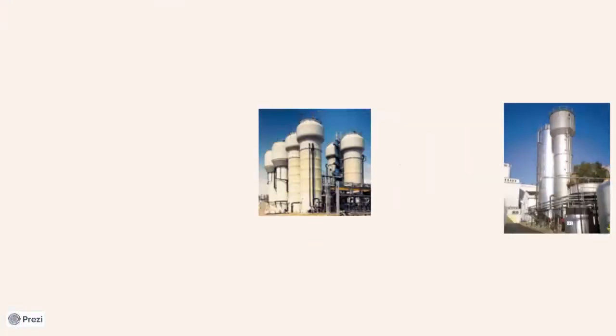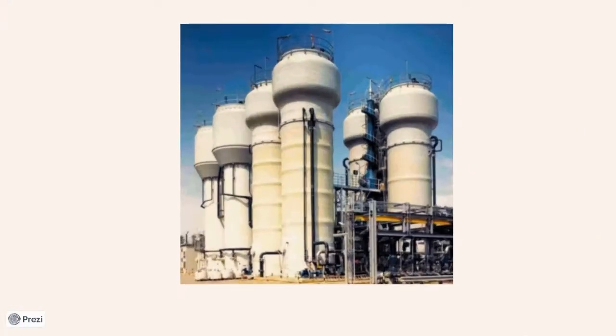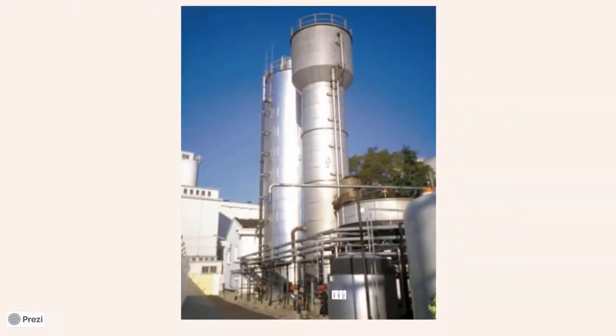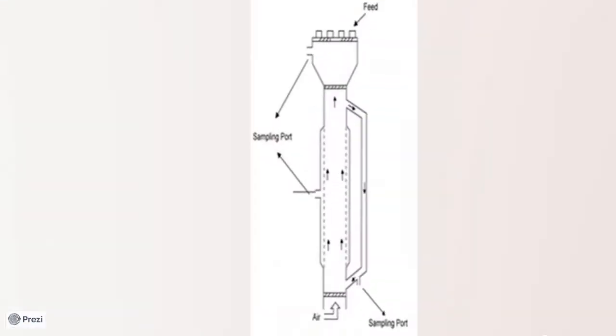wherein the airlift reactors are designed where the driving force that enhances mass transfer inside a reactor, increasing the efficiency of the reactor, is the air that is being sparged in at a defined flow rate. These airlift reactors are mega-sized reactors that are being used for the production of biopesticides and fertilizers in Japan. So, interested students, you can spot out and identify the company where the instrument is being used.